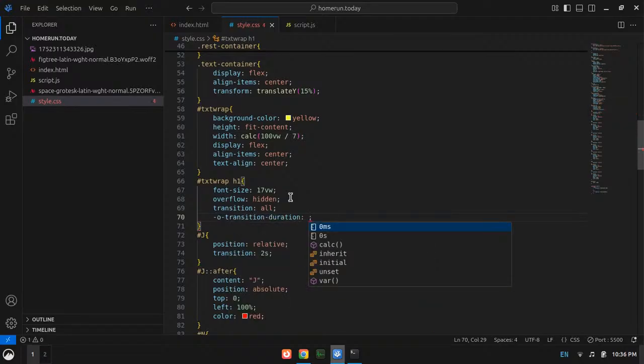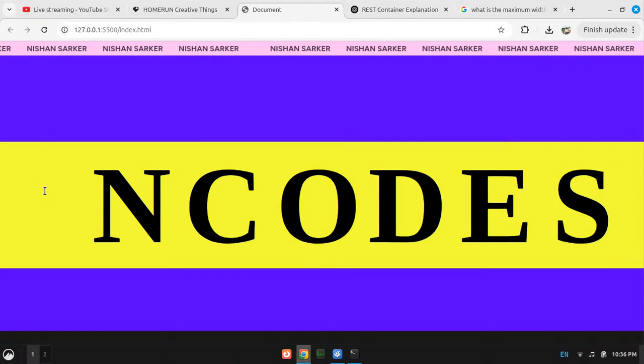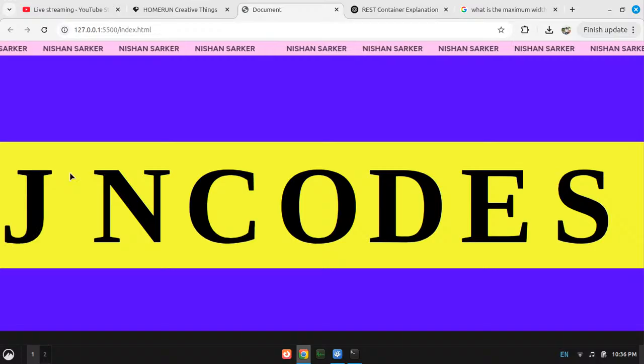Transition duration, maybe. Maybe 2 seconds here. Now why does it disappear instantly?